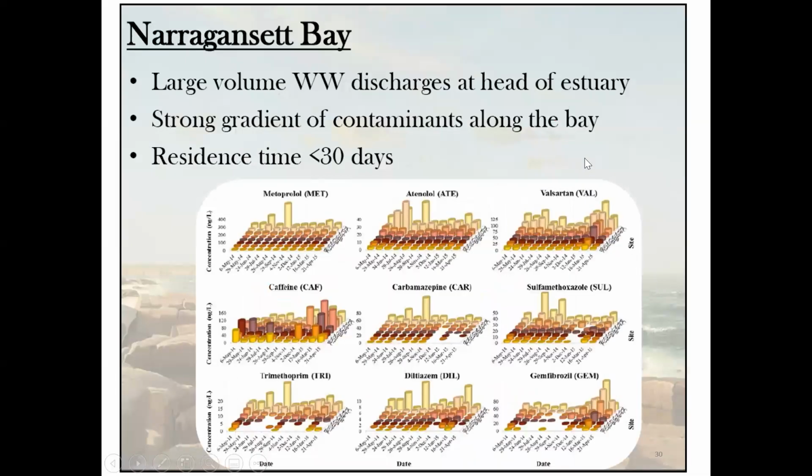And in Narragansett Bay, this is also Mark Cantwell's work. This is just interesting to show, again, there's 9 chemicals. Again, we'll go look at the upper left, metoprolol, which is an antihypertensive. What these